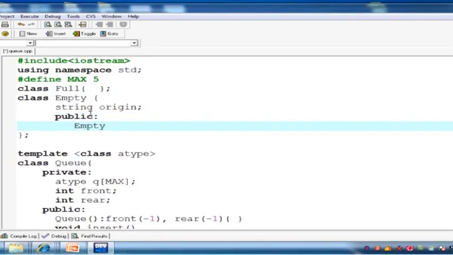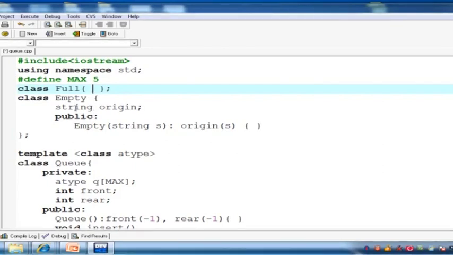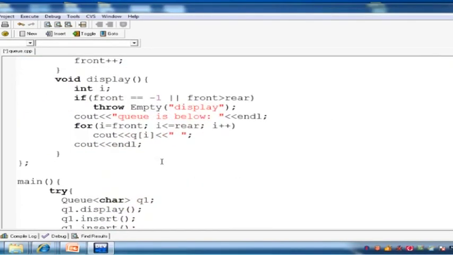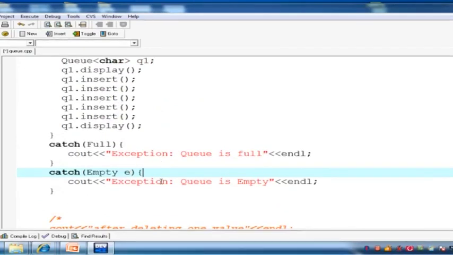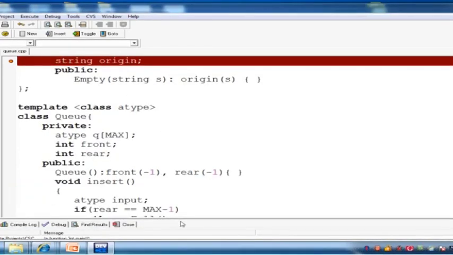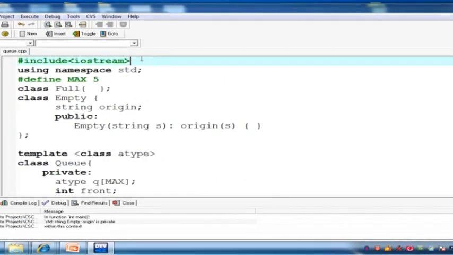empty, origin with s. So this is an empty constructor. I haven't put any parameter in full, just to show an example that in the empty exception class we can also have a parameter, and how we can initialize that parameter. So when the exception is thrown, we get an object e over here, and then we can display a message: the function from which the exception came, e dot origin, and endline, right, like this. So if I compile this program, we need to include,